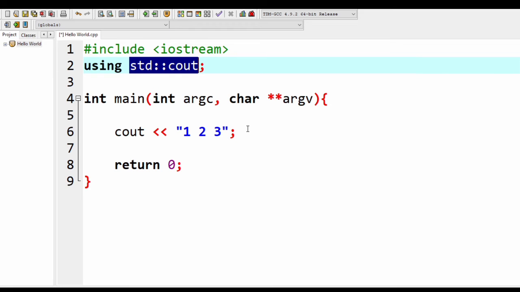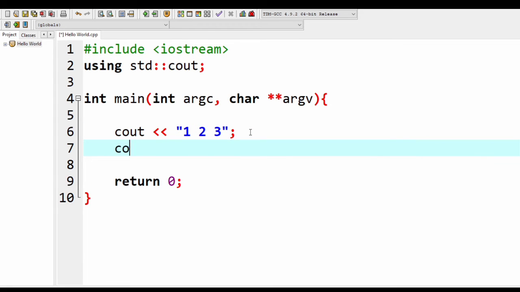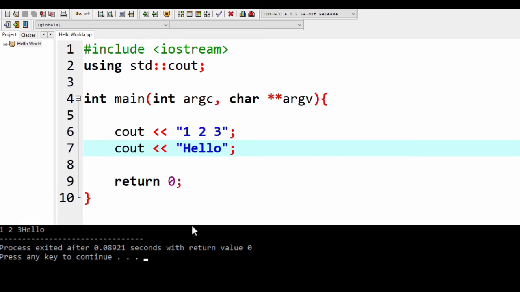For any cout that I will use. So basically, I don't need to put std anymore for any of this, no? So if, for example, I do that and then execute, compile, and run, it would work.